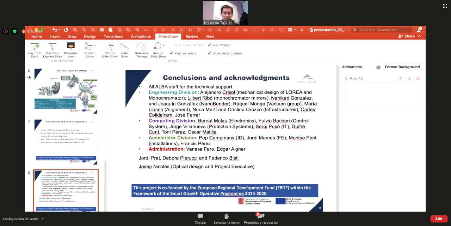Okay, thank you. There's another part of the question that maybe I can help to answer, because he's asking about the possibility to send a sample to measure in the actual restricted situation. Yes, this is possible. In fact, a user that cannot travel to ALBA and has beam time, the beam time can be done remotely. You send a sample and the staff can measure the samples.